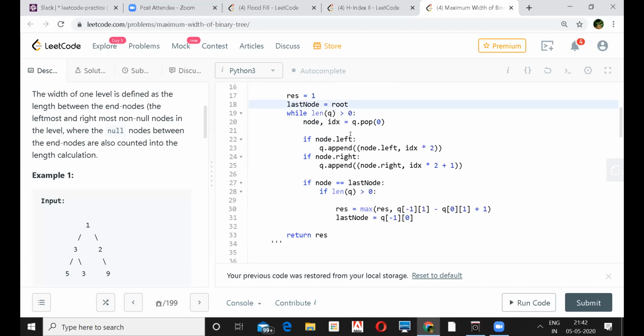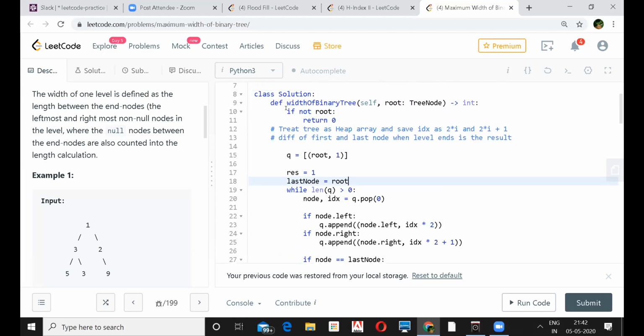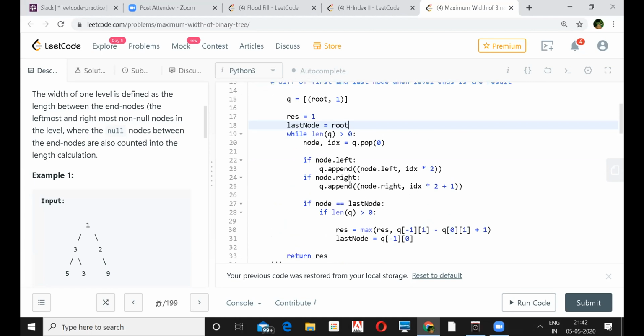At last you'll have the answer. So if the node is null, you also increase the index, right? Where do you increase that index if the node is null? No, he's not doing that here. Like the left child of 2 is null, and then you increment the index.